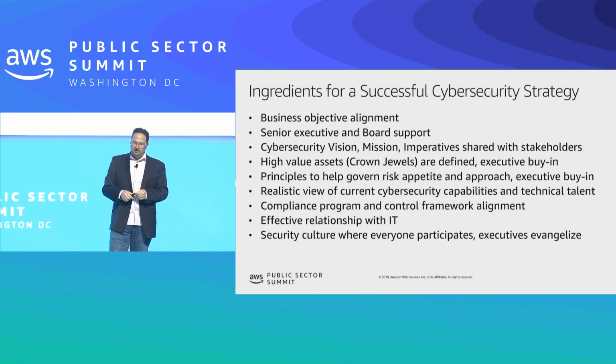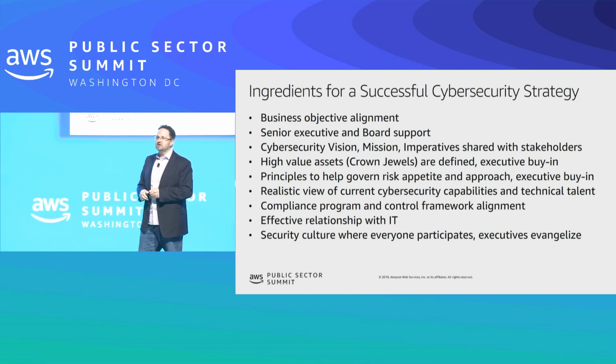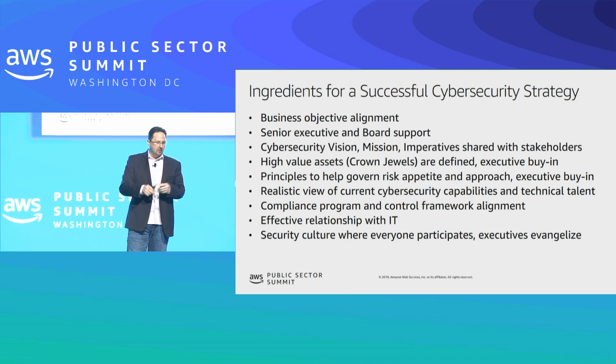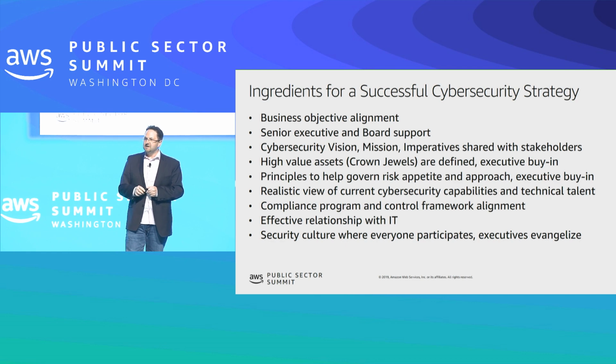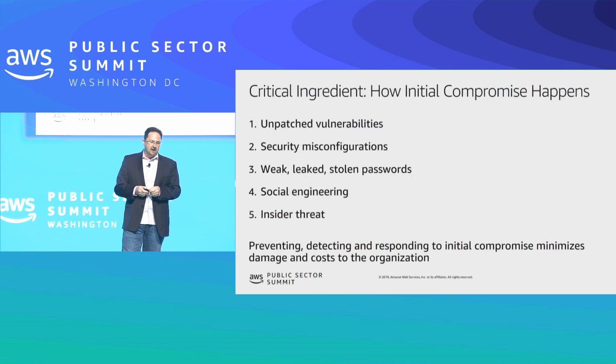I will hit the very last one on the list, culture, right? Someone recently said that culture eats strategy for breakfast, and that's probably true. In an environment where everybody's trying to help the CISO and their team, that's actually a really positive thing versus everybody just doing their own thing and ignoring the cybersecurity realities of today. So if you actually have the help of everybody within the organization to make some smart trust decisions on a daily basis, that can be really helpful. So fostering a culture that is sympathetic and helpful for the CISO and their organization and what your goals are can be a very powerful tool. All right, so those are some of the high-level ingredients that you need.